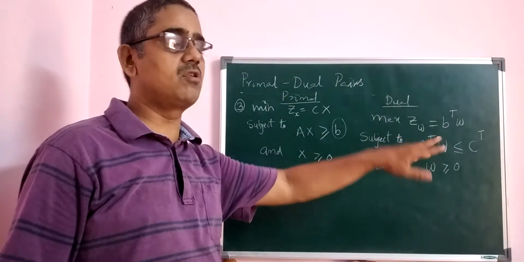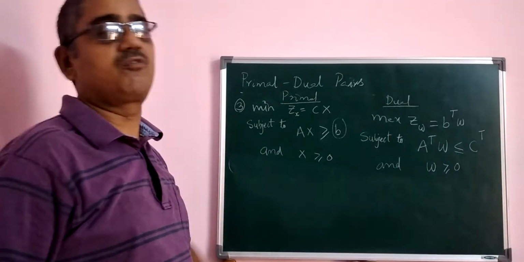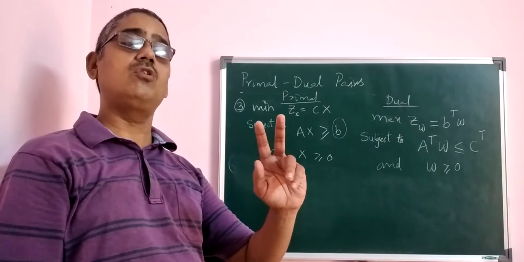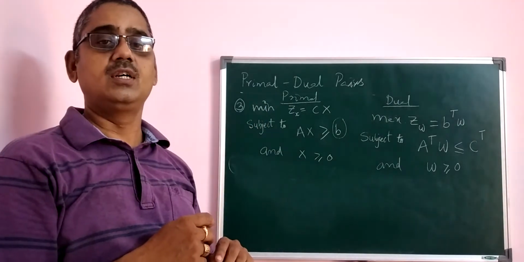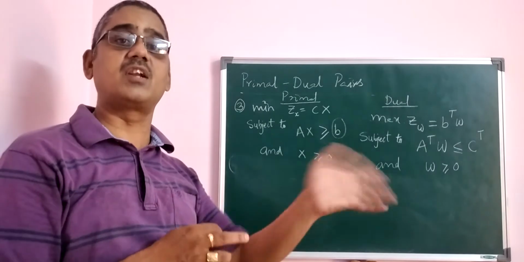It is greater than or equal to 0. It is also restricted. This is also restricted. Here also restricted. This is another form. So like that you have the forms. I tell you two more important forms, in which you have some particular forms called symmetrical forms.